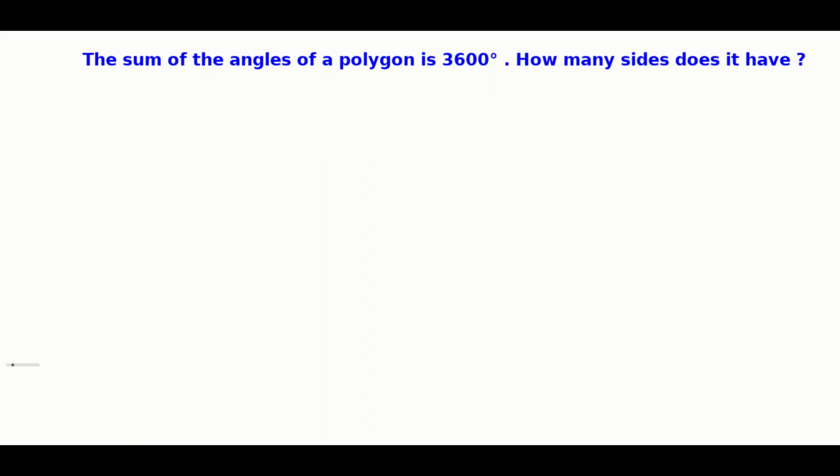The sum of the angles of a polygon is 3600. How many sides does it have? Here you are given the sum of the angles of a polygon and it is 3600, and you have to find the number of sides of that polygon. That means you can write (n minus 2) into 180 is equal to 3600, where n is the number of sides,